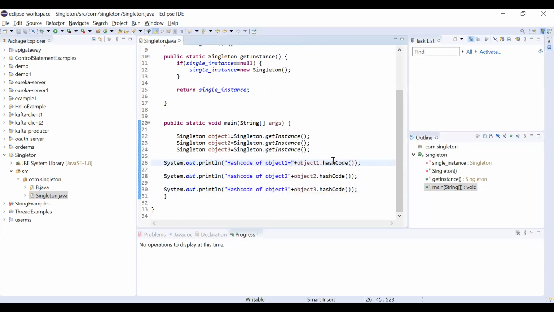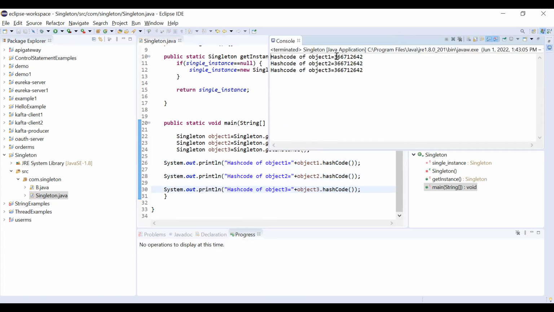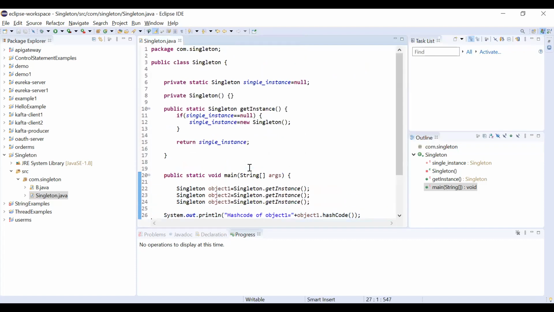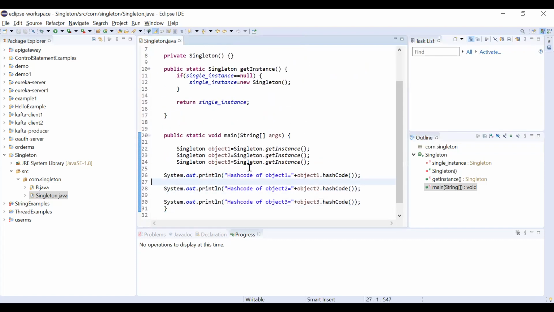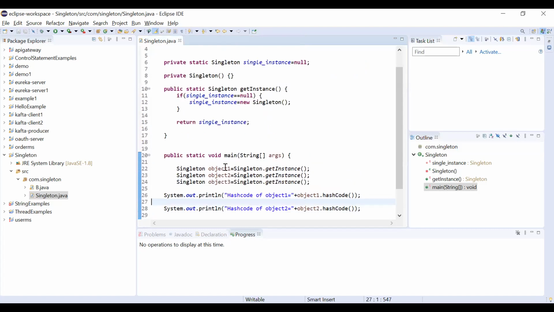Now it is showing clearly the object 1 hash code, object 2 hash code, and object 3 hash code. The hash code is the same for all three objects. I will explain how this works.